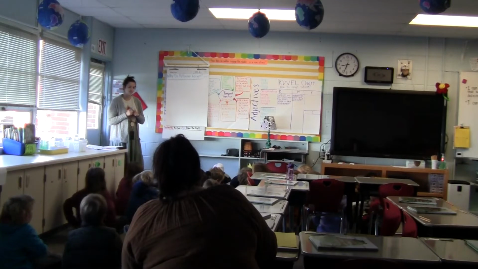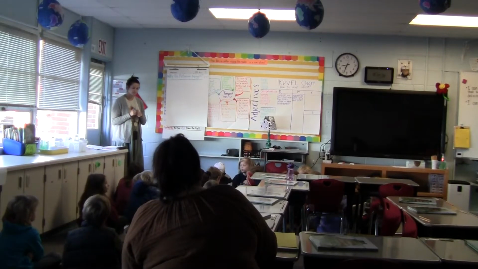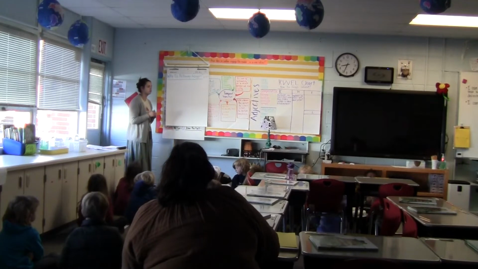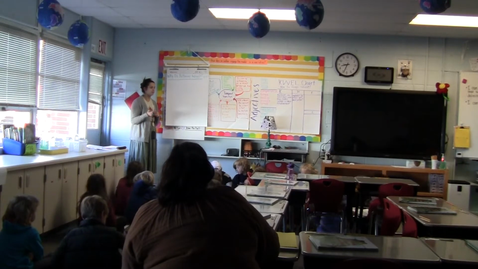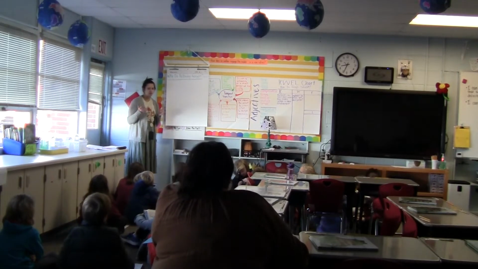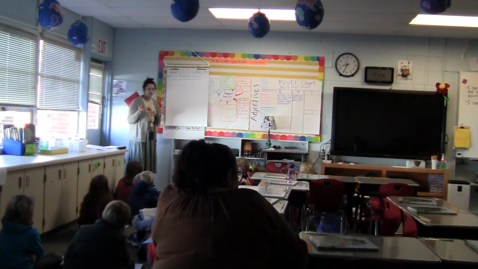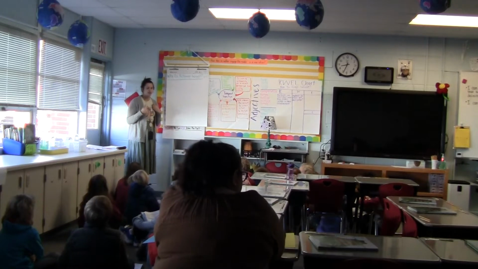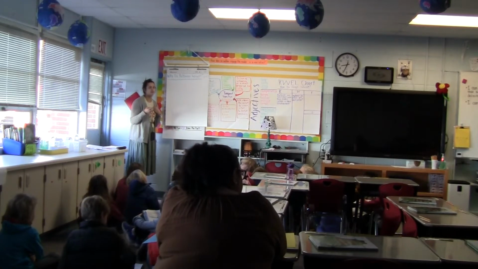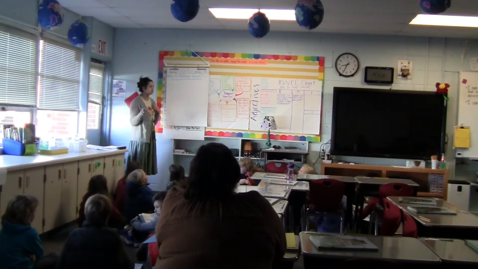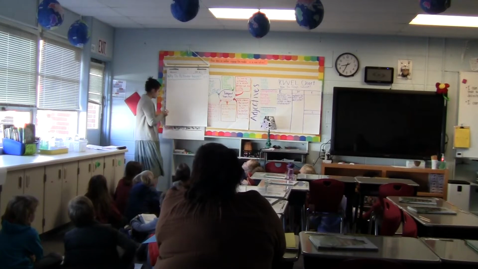Anna Lynn? A polywog is a tadpole, which a tadpole is a baby frog. Okay, good. So Anna Lynn says a polywog is a tadpole, which is a baby frog. Do you guys agree that that would be a good introductory sentence? And I like that Anna Lynn describes not only what a polywog is, but also explains what a tadpole is, so that if the reader has never heard the word tadpole before either, they would still know what they were talking about. So I'm going to write